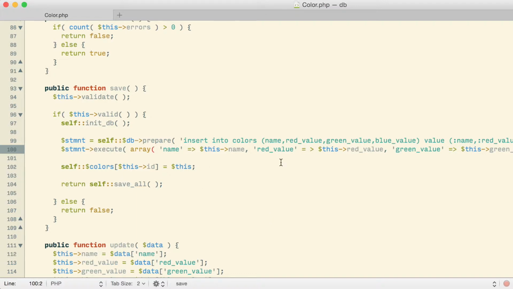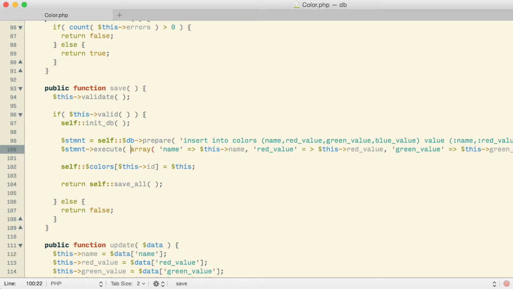colors. A good example of that is the fact that the attributes array has in it the ID for a color, which I think we set as a default to 0. And here I'm specifically not wanting to pass an ID. I'm wanting the database to come up with the ID itself. So that's the reason why I'm putting together a new associative array here instead of using the attributes array which already exists.